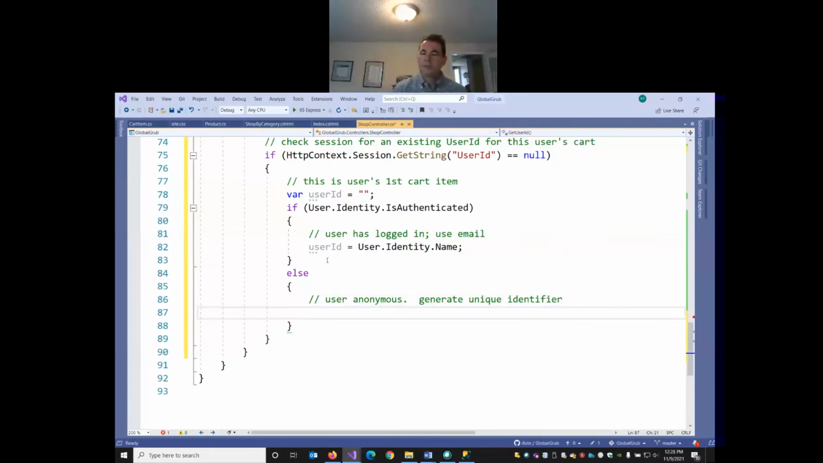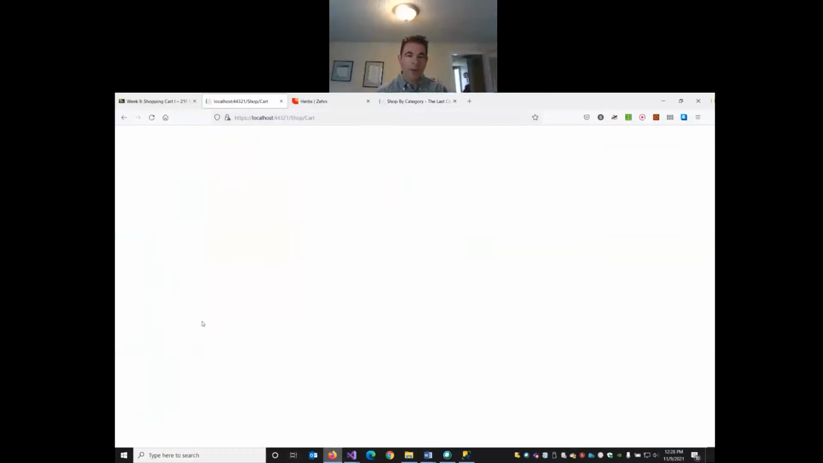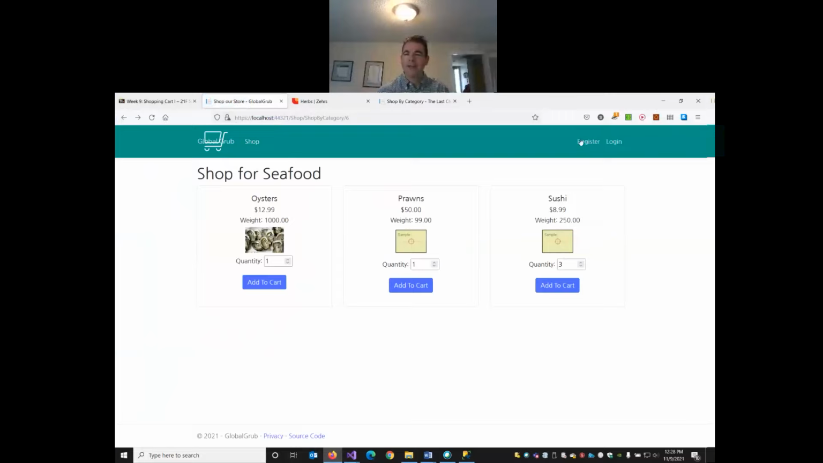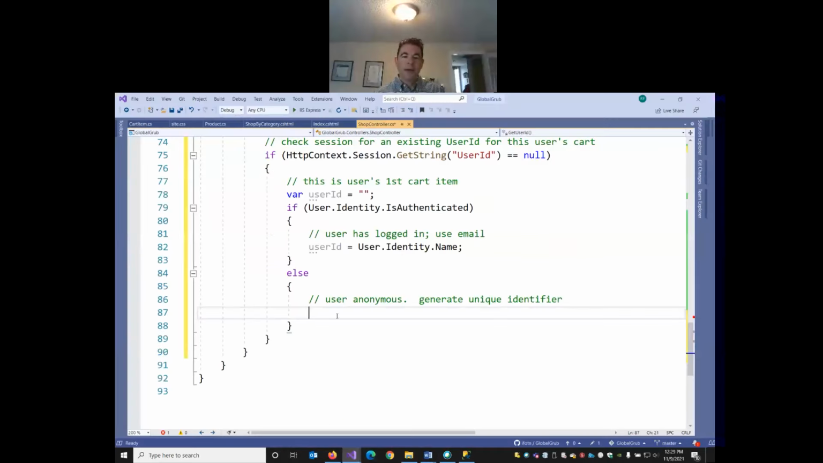But what about when somebody isn't logged in? So that's the case right now, right? In my Firefox browser, we can see I'm not logged in. So I don't have access to the customer's email address. How can we generate some kind of unique identifier? There's several different ways we could do it. So if we have 100 people shopping anonymously on our site, so we don't know the email address of any of them,